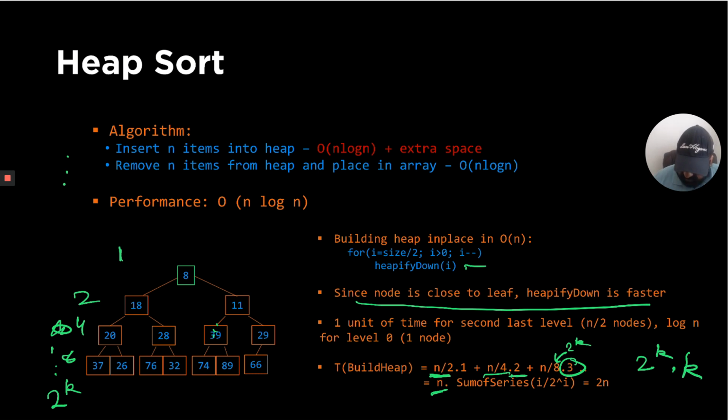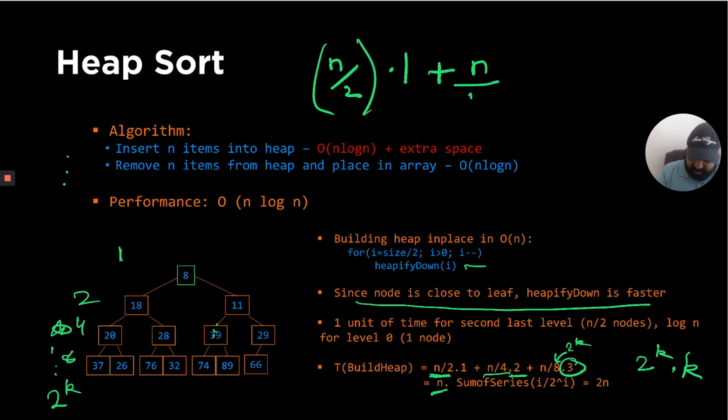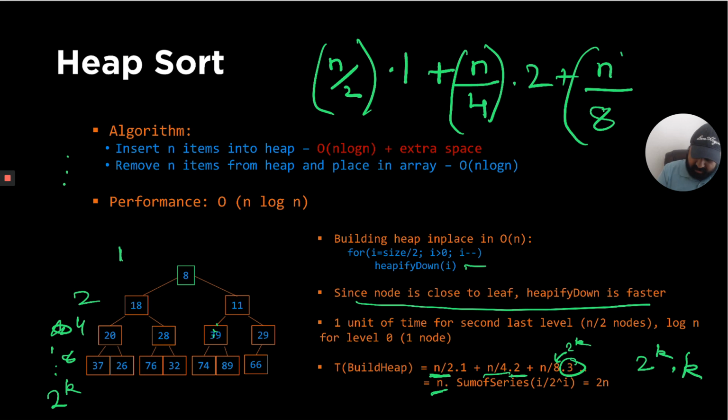So if you realign these numbers and make this in the form of a series, your series would look something like this, which is going to be n by 2 nodes at that level, they will take 1 unit of time. Then at the next level there are going to be n by 4 nodes, but they are going to take 2 units of time. Then it's going to be n by 8, it's going to take 3 units of time,